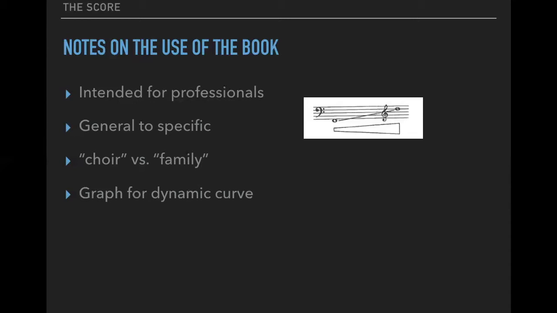One thing that's very special to this book that I find very useful, and if you come away from this class knowing the dynamic curves of each instrument, you would do very well for yourself as a composer and arranger. What is this graph telling you? Well, it's saying that this instrument has a range from F on the bass, below the bass staff, to D on the top of the treble staff. And as you go up the scale,